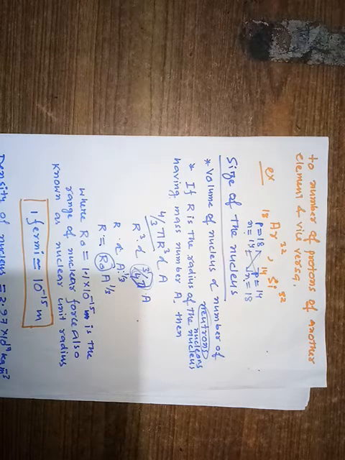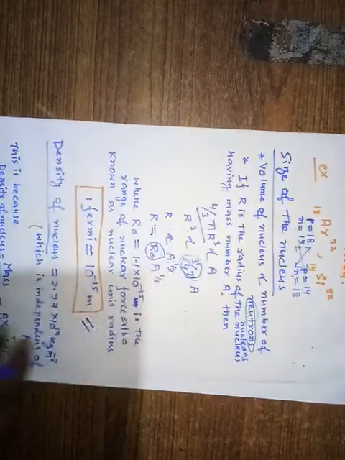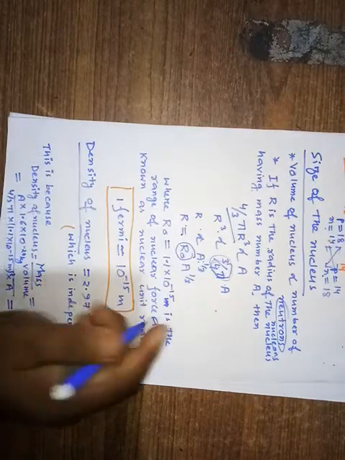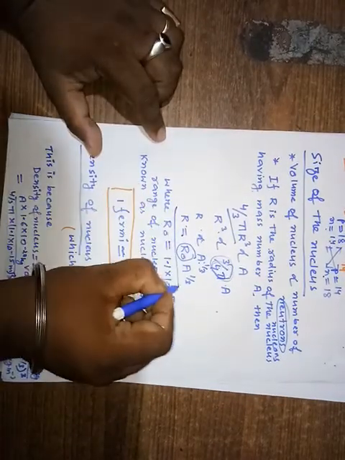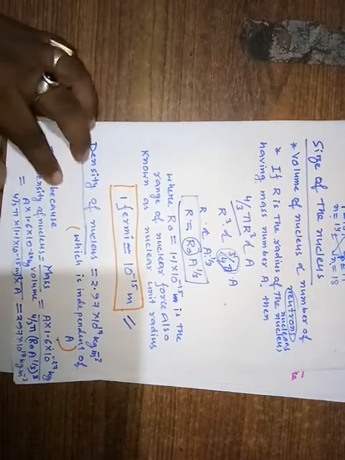And why do we need this unit of length? This is because if we have to discuss nuclear physics, if we have to discuss the length inside the nucleus, then length will be very, very small. To discuss that kind of length, we need a new very small unit of length, and that is 1 Fermi. 1 Fermi is equal to 10 to the power minus 15 meter. Don't forget it. Okay, understood? This formula is important to remember: R is equal to r naught A to the power 1 by 3. How we got it, you understood?